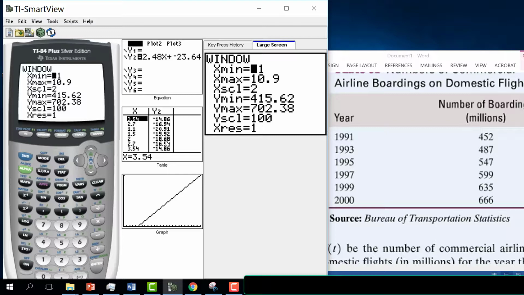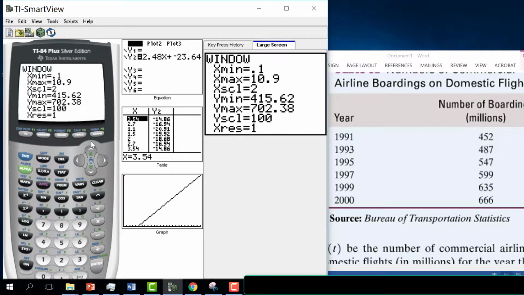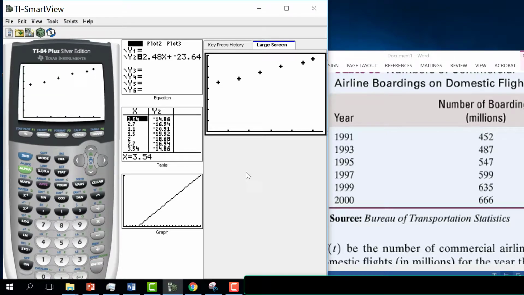Okay, all right, so then we can change that a little bit if we want to, or leave it alone. In particular, if you want to see where the x and y coordinates are, the axes, then you'd want to go back to the window and change this to 0 to see where that is, and then go back to the y minimum and change that to 0 as well. Graph it. It might look kind of ugly, but at least now we see where the x-axis and the y-axis, the vertical and horizontal axes, are in comparison. Okay, so I'm going to leave it like that. Okay, all right. So now I want to come up with a